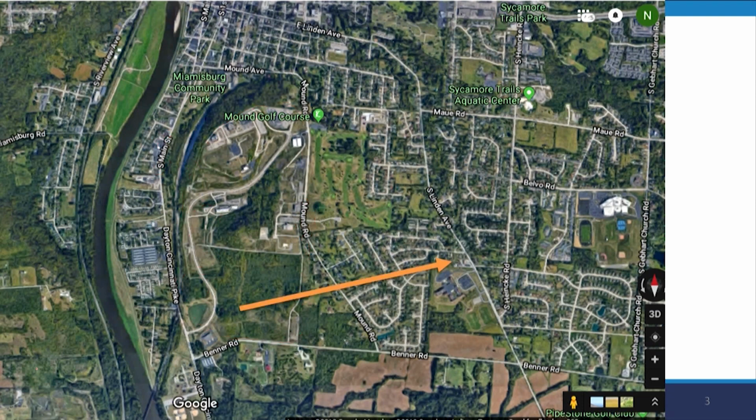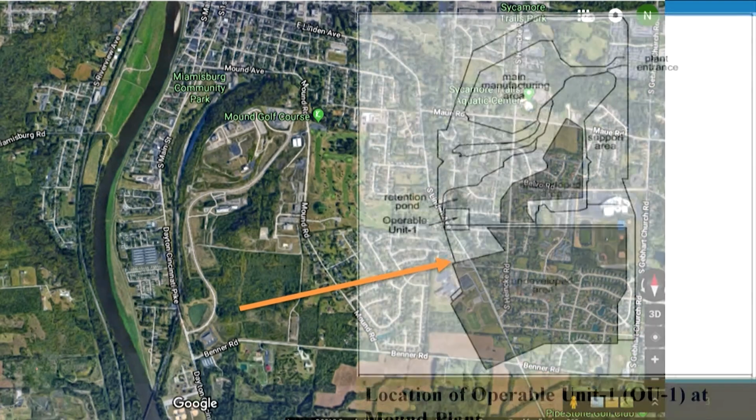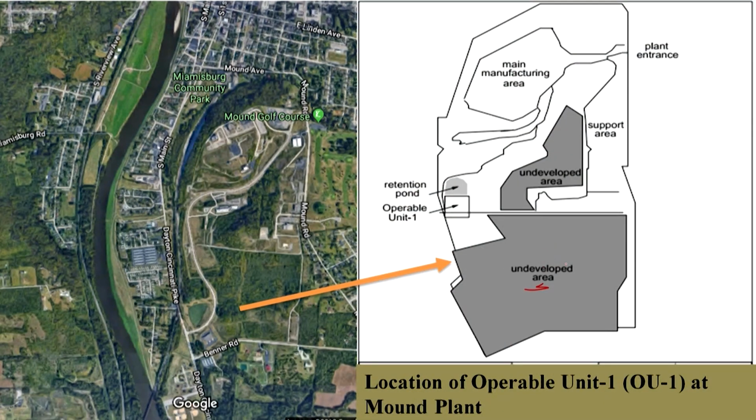So let's go forth, and obviously we have some undeveloped area out here, two sections, right, and again another undeveloped area out here, right. So as you can see, the main manufacturing area seems to be to the north. This is the main manufacturing area. They are using some support area out here, that is what you can see out here, right, and the retention